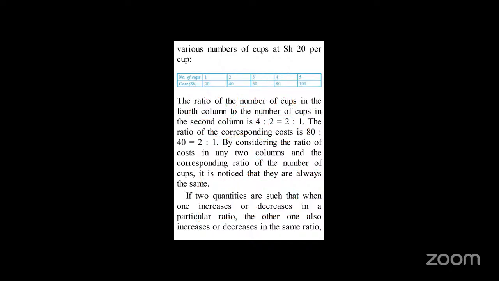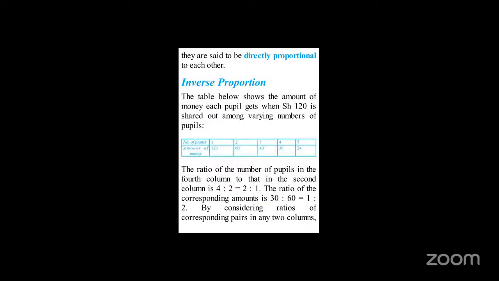The number of cups increases, the cost also increases with the same ratio. If it decreases, it decreases with the same ratio. So when you look here, we say if two quantities are such that when one increases or decreases in a particular ratio, the other one also increases or decreases in the same ratio. That is what we call direct proportion. Now they increase with the same ratio. When one quantity increases, it causes an increase in the quantity of the other. Then the inverse